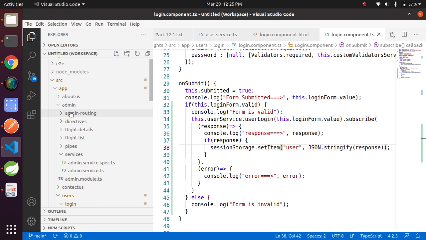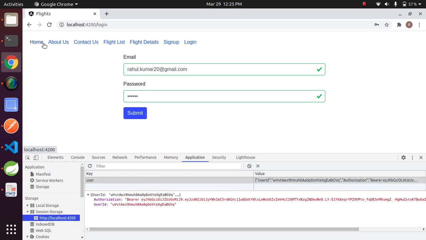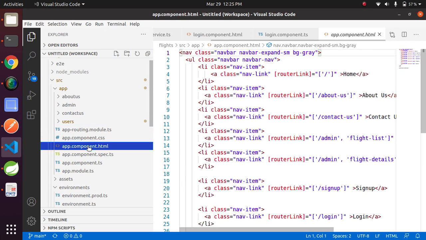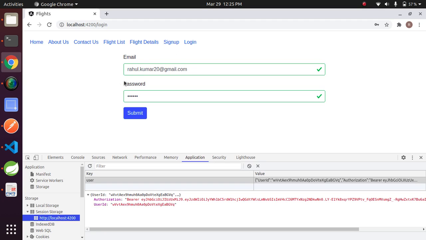if you remember, we have written our menus, I mean the home, about us, contact us, flight list, details, sign up, login, into app component.html. This means we need the user logged-in status in app component.html to show and hide some menus. I am just taking an example. In case the user is logged in, then flight list and flight details will be available.